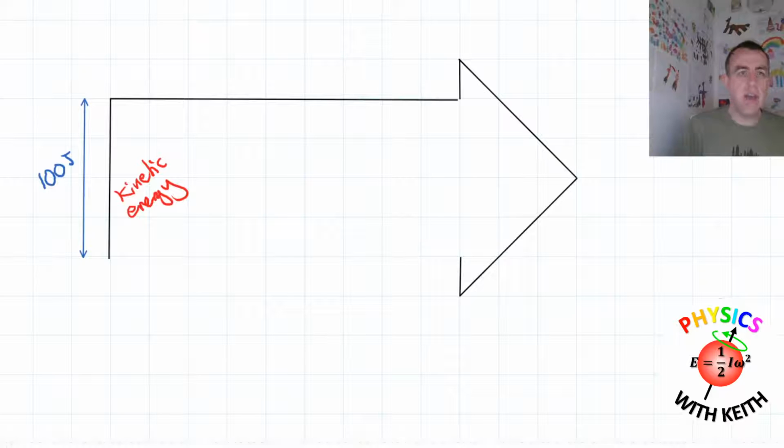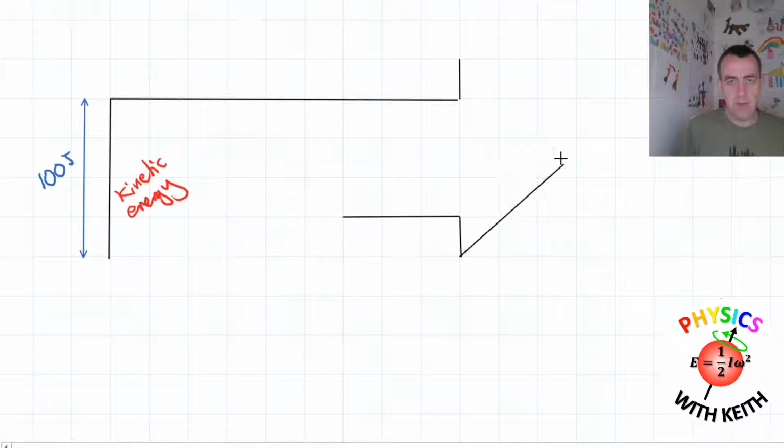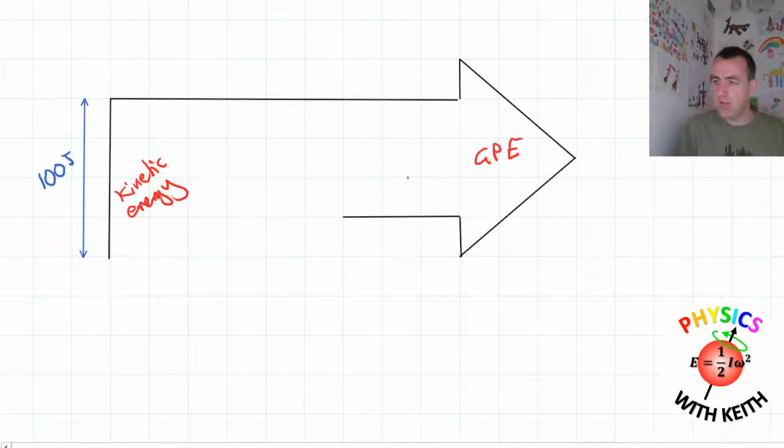So on your diagram, I'm just going to delete some of this. On your diagram, you've got to show that, let's say, 75% of the energy makes it to gravitational potential energy. I've just plucked a figure out of the air. So let's draw that to there, to there. If this is 75% of the energy that has reached this final stage, that's 3 squares wide or tall.